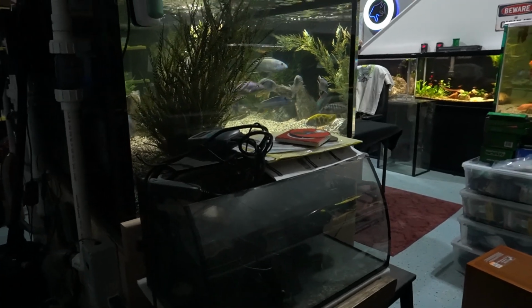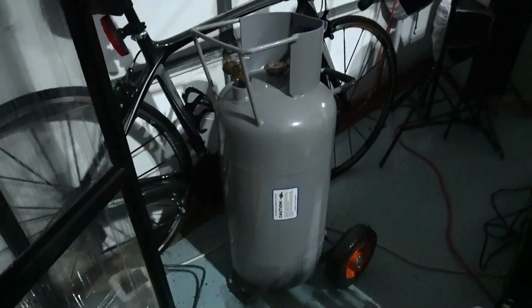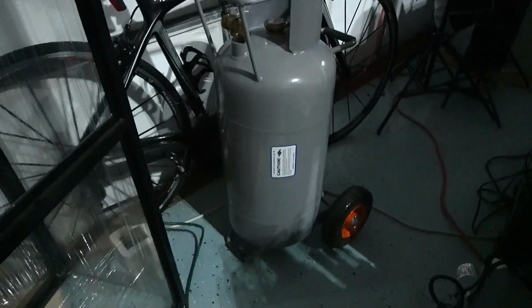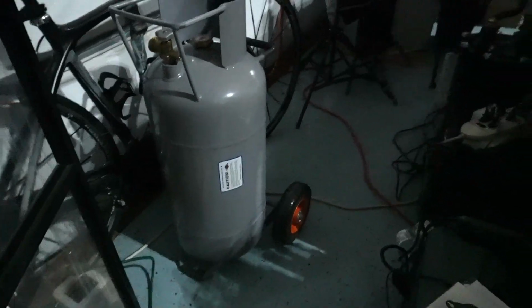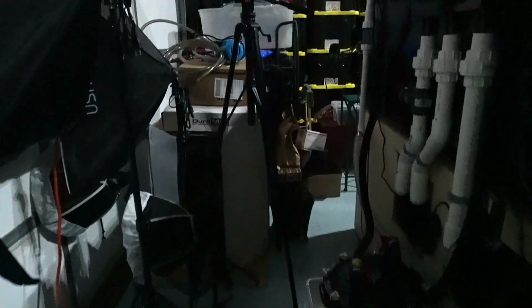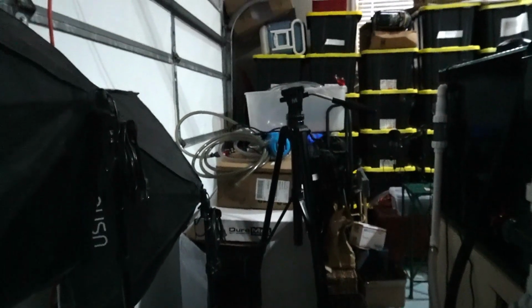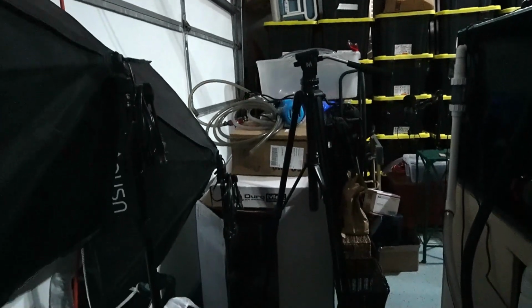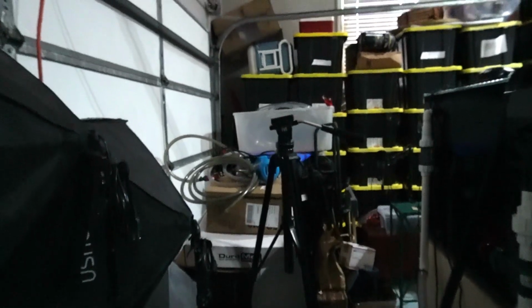Now, if you go behind the tank, take a look at this thing. This is insane back here, if you can even make it out. Here's a 40 pound propane tank on wheels, and the purpose of that propane tank is to provide power to this Duramax in that box back there. That's a big giant generator, and I've got the 50 amp plug and socket, receptacle on top, and on top of that I've got